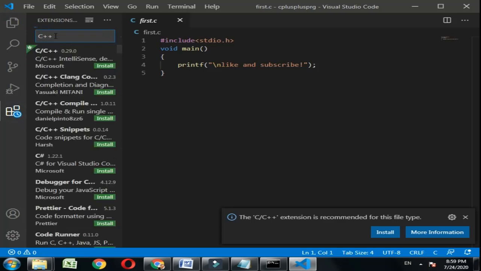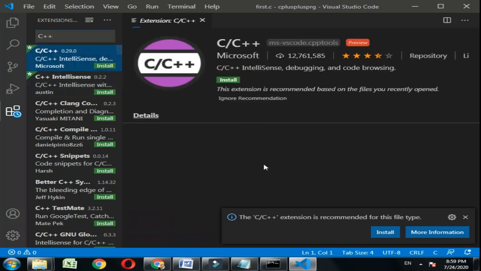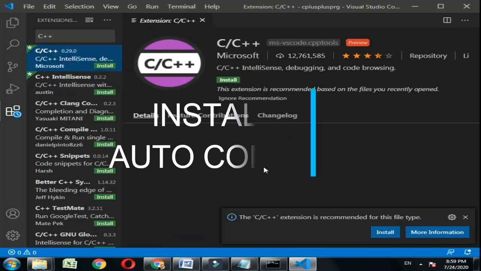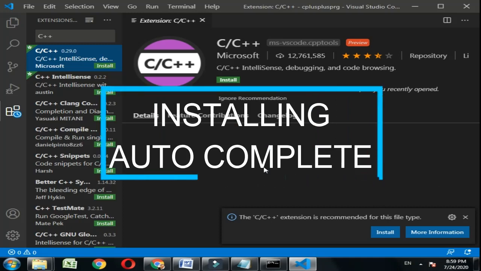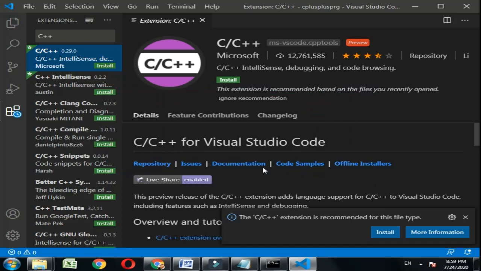We will first install C++ IntelliSense. Why are we installing this? Because we need the autocomplete option. Whenever you are writing code, it will suggest what you are going to write, and by simply pressing tab, the entire code will be completed.